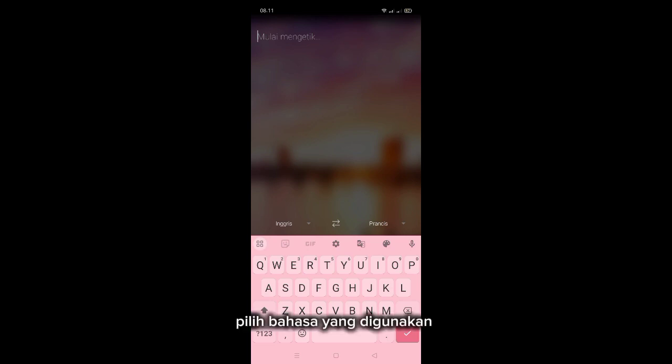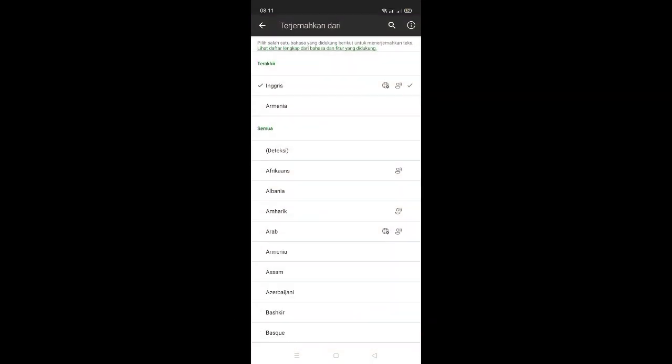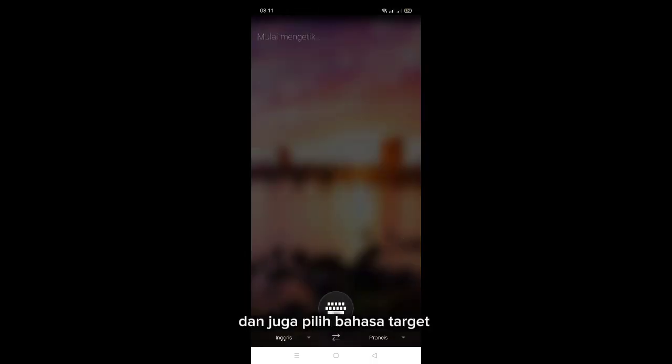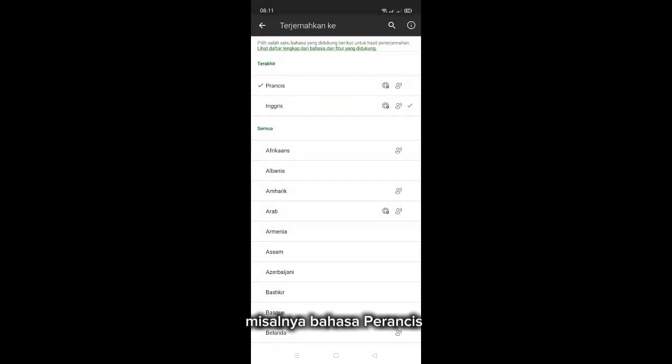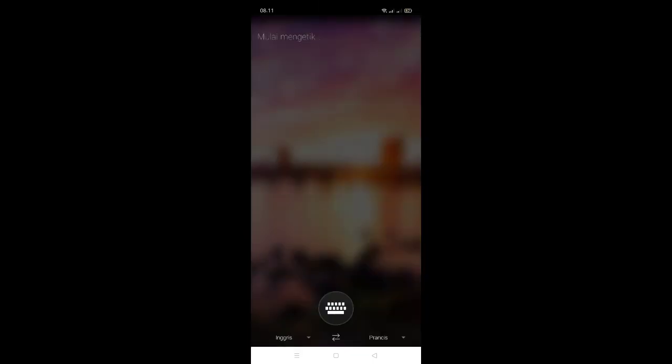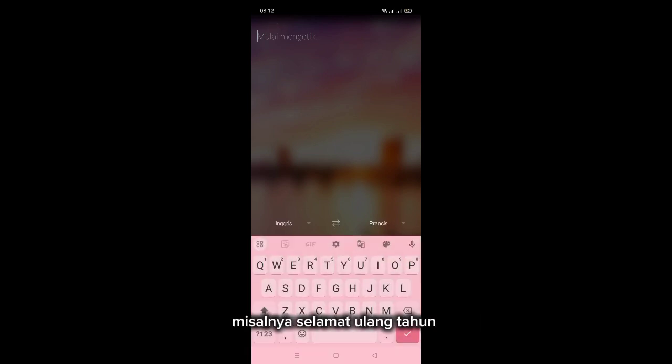You just have to select the language that will be used, for example, English, and also select the target language, for example, French. Then type the word or sentence that you want to translate, for example, happy birthday.